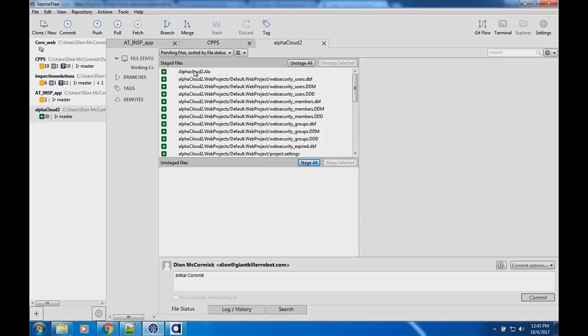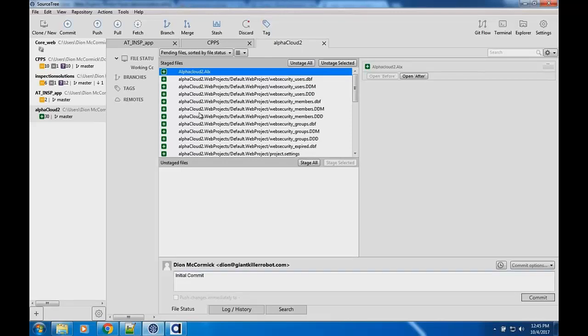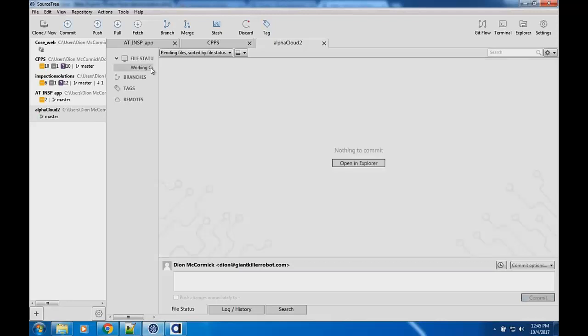Now you'll see up here that it's taken all these new files that it detected, and you'll notice that each has a little plus. What that plus says is that this file does not exist in the repository. So now I'm going to add that to it, and I'm going to say initial commit. Now that I've got it staged, I've told it what I want to commit, I can go down here and put a message in, and then I click commit. In a moment, you'll see that it went really fast.